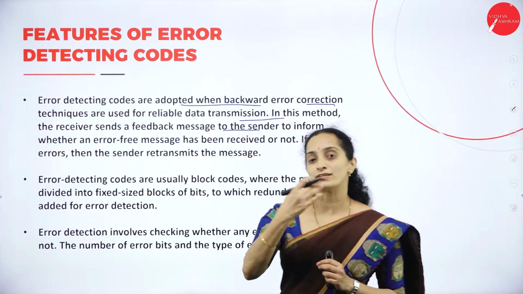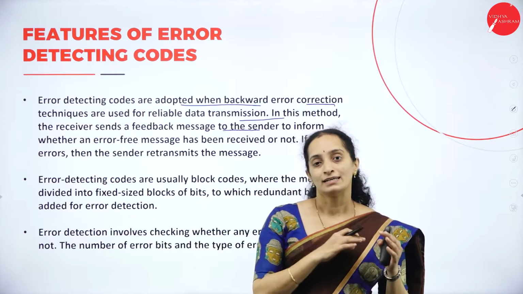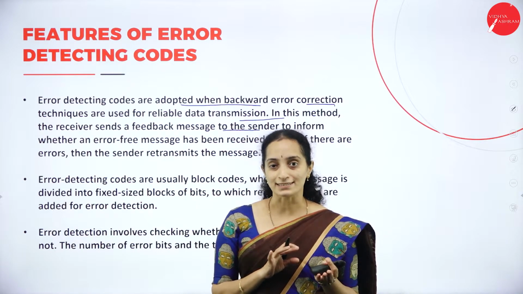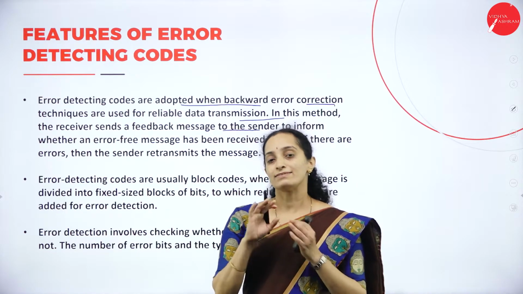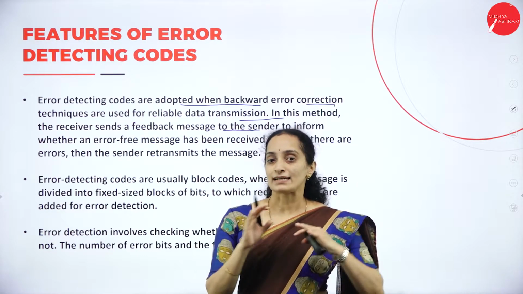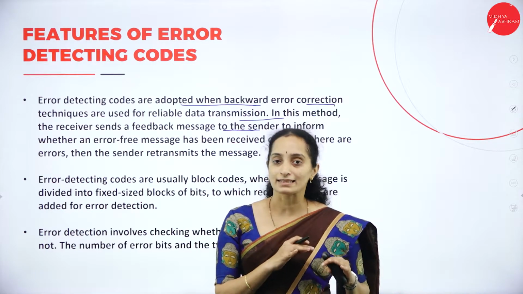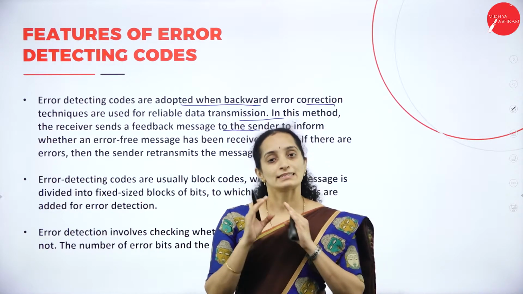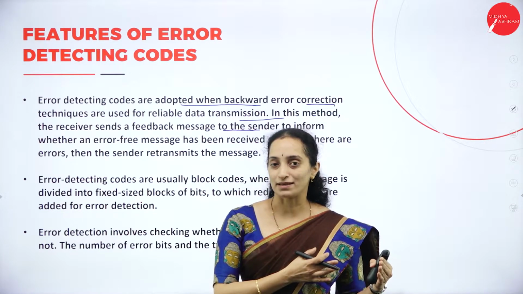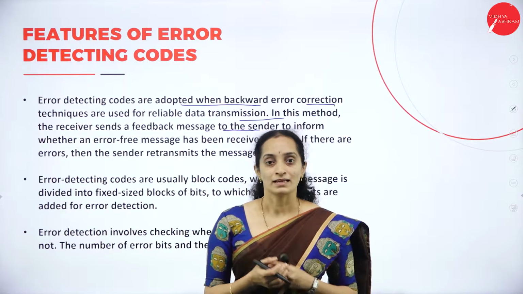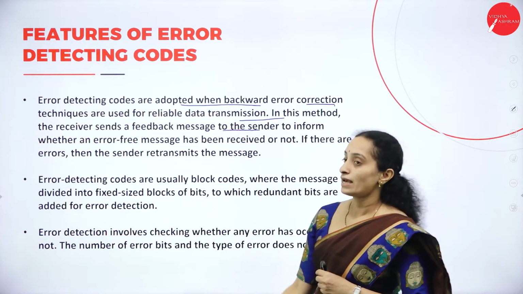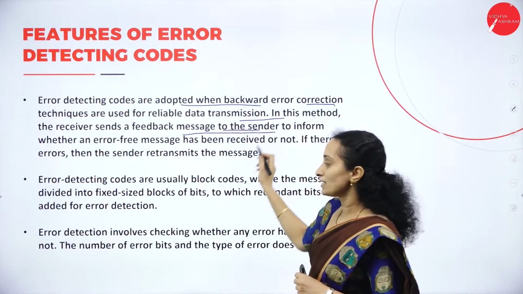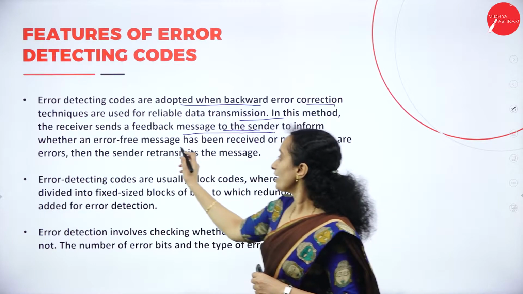Backward messages, as opposed to forwarded messages given by a sender and received by a receiver. A backward message is like an acknowledgement. When the receiver receives the message, he will send an acknowledgement saying that the message is in a proper form, the same form as sent by the sender. This is called the backward error correction technique, where a feedback message is sent to the sender to inform